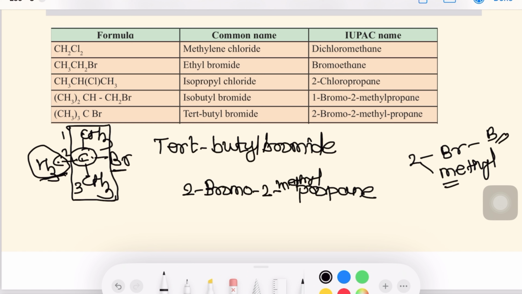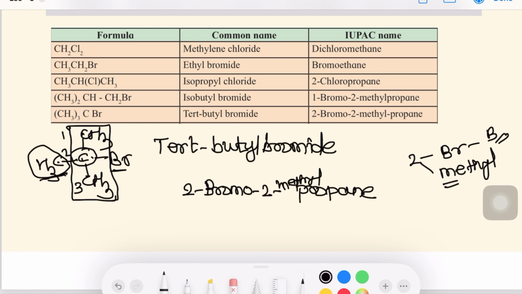Okay, understood? Again, what type of carbon is this carbon number 2? Is it primary, secondary or tertiary? This carbon number 2 is our tertiary carbon atom, because it contains 3 CH3 groups, that is 3 R groups, and no hydrogen. Understood? Okay, the next is